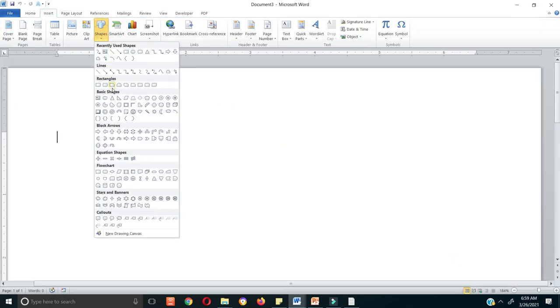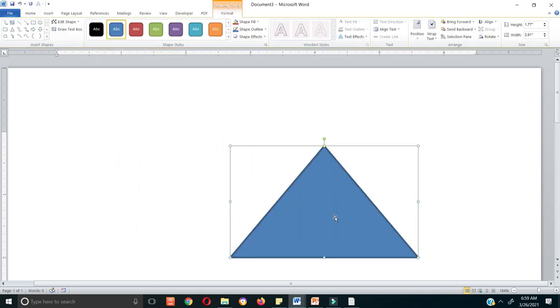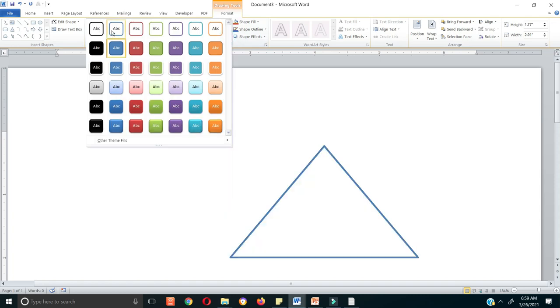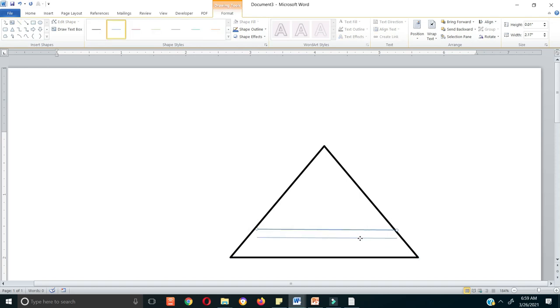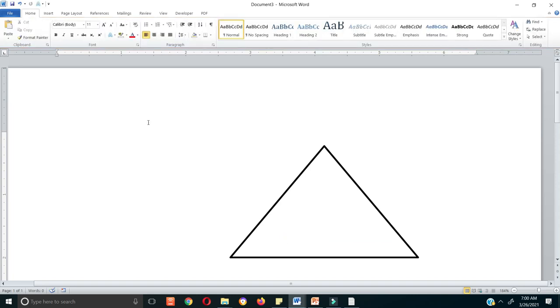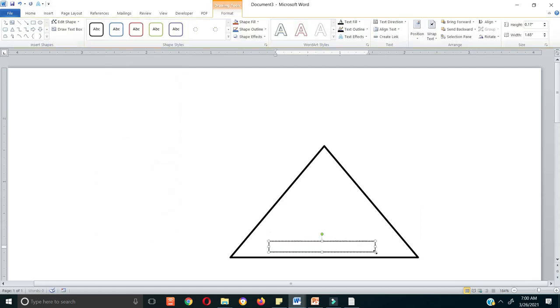So you can think of this in terms of a pyramidal system. So you have level